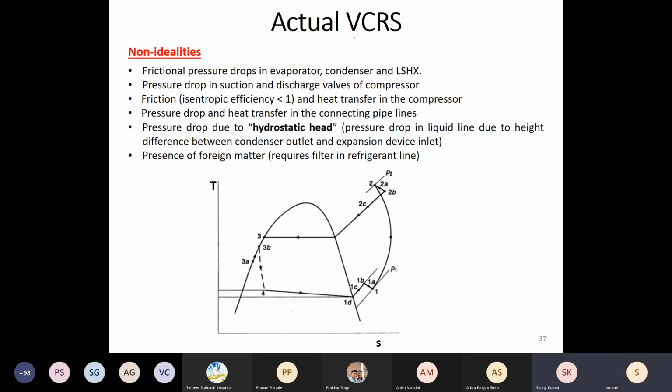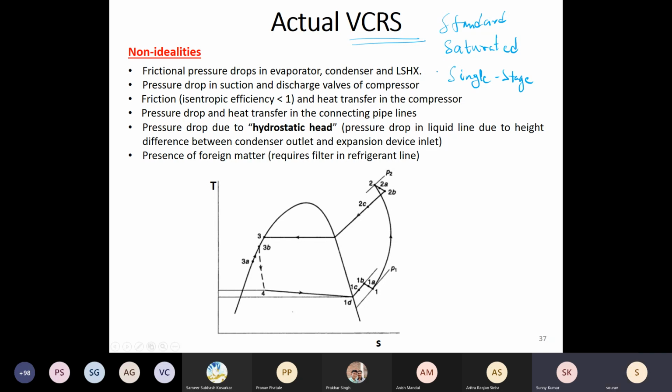So till now, whatever cycles we have studied, the VCRS cycles, they were all standard cycles. So another name for the same cycle is standard saturated single stage cycle. So standard cycle means